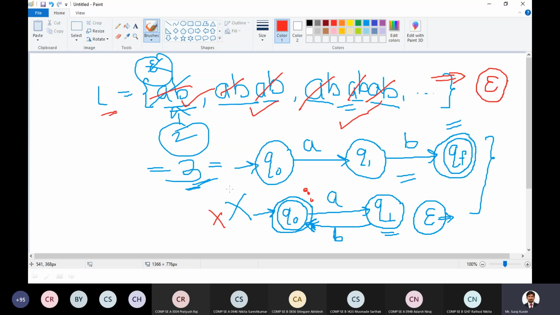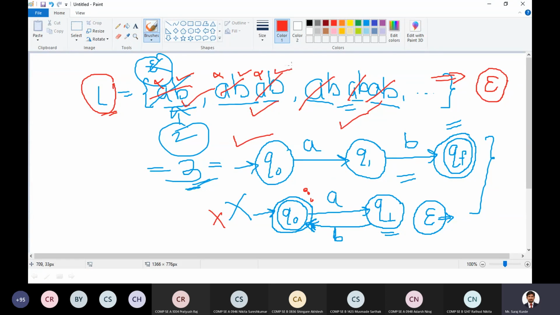As I told yesterday, you may get different diagrams, but you have to check whether each accepts the correct language or not. Whatever language L is given will be accepted by the first diagram. For A, it goes to the next state, and on B input, it goes to final. On A, it should not go to the final state, but for B, it should. If it reads the second AB, on A it should not be in the final state; only when it reads B should it go to the final state.